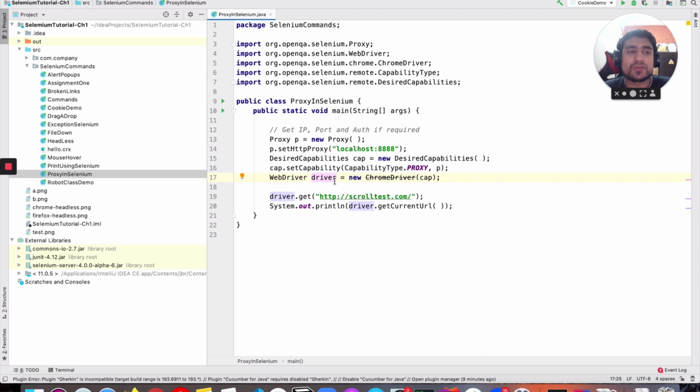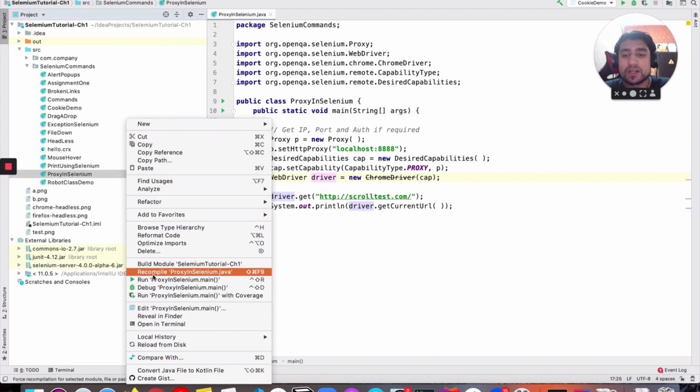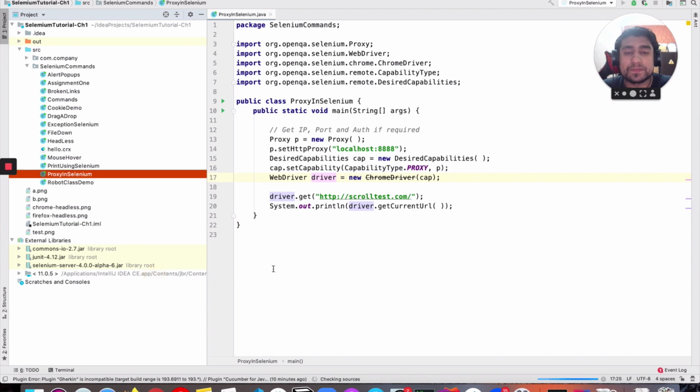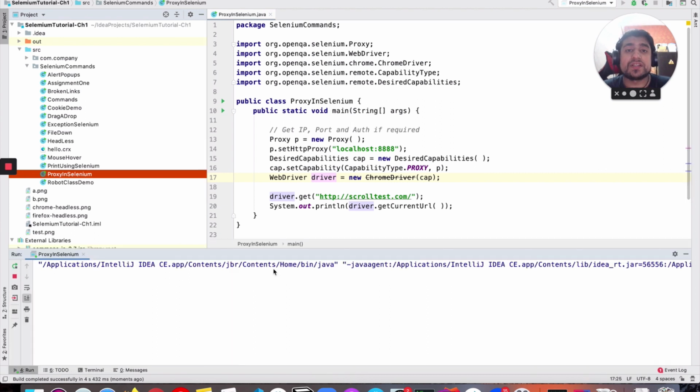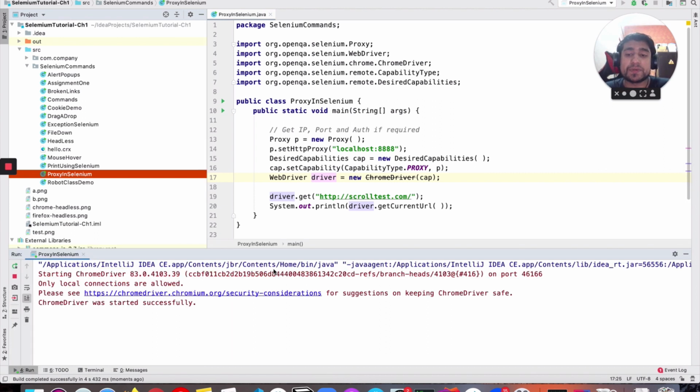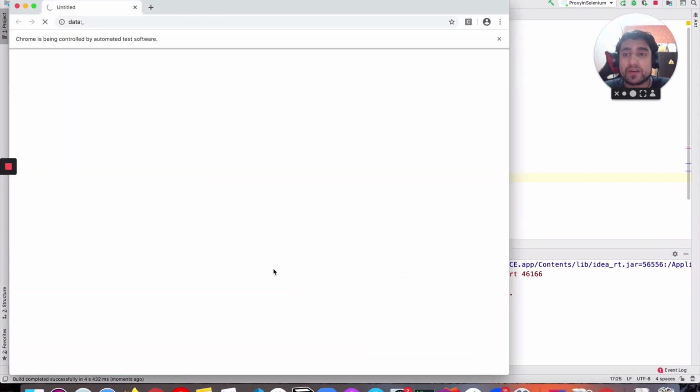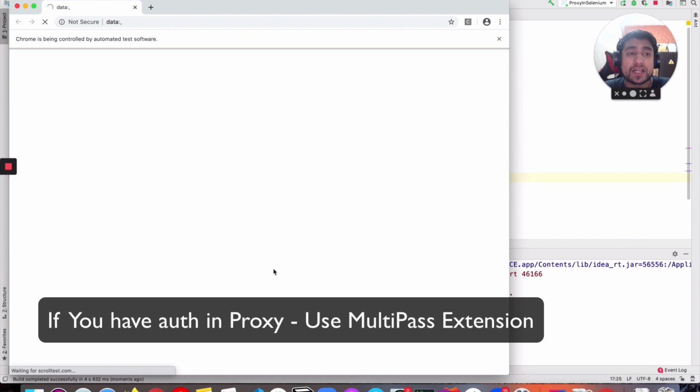So it's a very simple one. It's a very simple demo, and if I run this demo, it will run and print the Scroll test URL. So let me run it for you. This is how you handle a proxy using Selenium. It's one of the simplest and easiest ways, by using the proxy class.